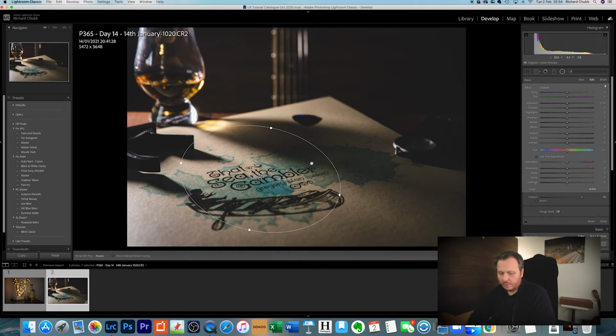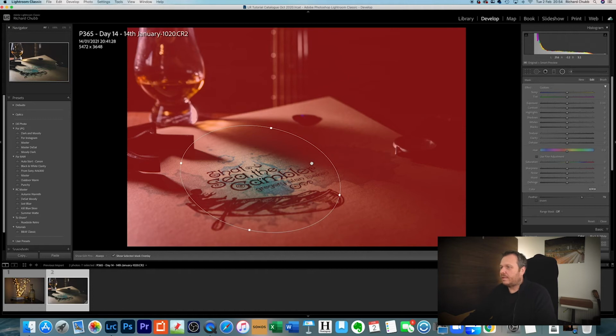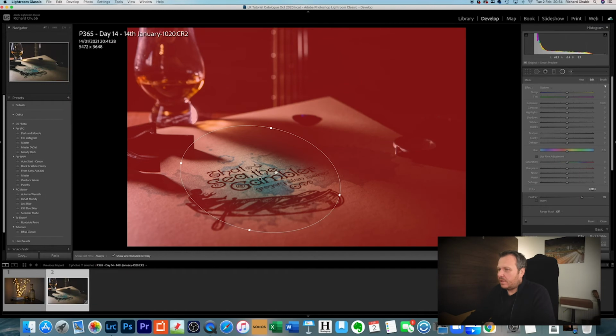Now by hitting O, you get a mask up which shows you, normally on radial filters it affects everything outside of that filter. It's almost like a spotlight, but you are affecting what is outside of the filter normally. So this is where you can adjust the feather. Now I'm just going to pump down the exposure just to prove a point,